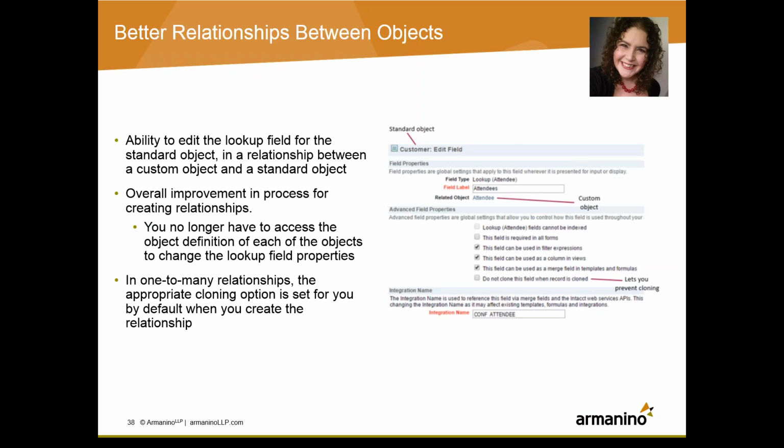Even more importantly, you can prevent the field value from being duplicated if the record is duplicated. This is important because previously when you duplicated a record, it would quote unquote steal the relationship, and this theft would occur when the field was part of a one-to-one relationship or on the one side of a one-to-many relationship. So now it will allow you to rename that relationship uniquely so that it does not steal that relationship and prevent you from processing as intended.